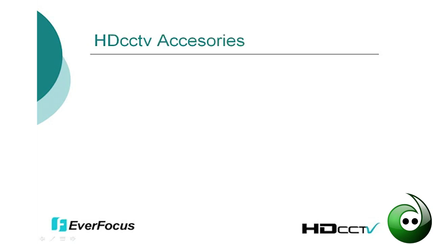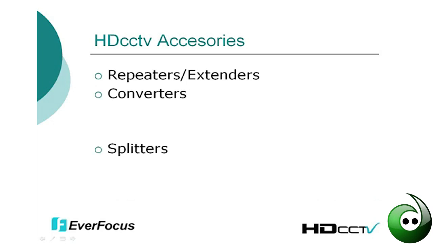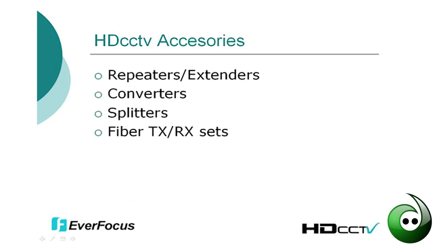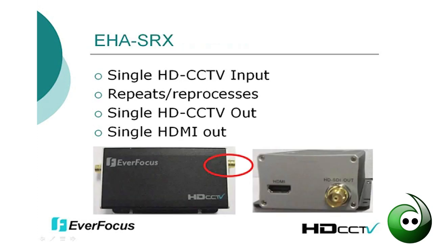I'd like to talk a little bit about HDcctv accessories, repeaters and extenders, converters, splitters, and fiber transmit and receive sets. We offer the EHA-SRX, which takes a single HD-CCTV input. Now, the beauty of this, because it's digital, it repeats and reprocesses. So long as the signal is above the noise threshold, the pulse train is reconstructed, and the pulse train coming out of the repeater is absolutely identical to the original pulse train